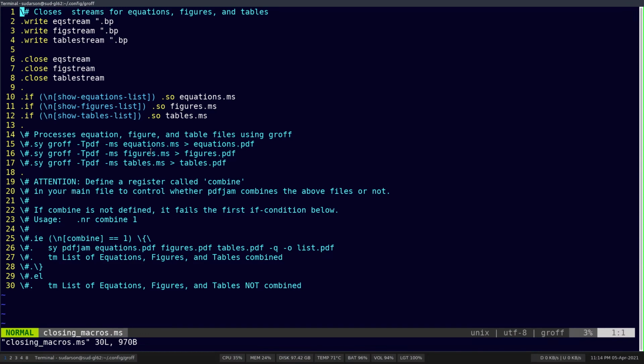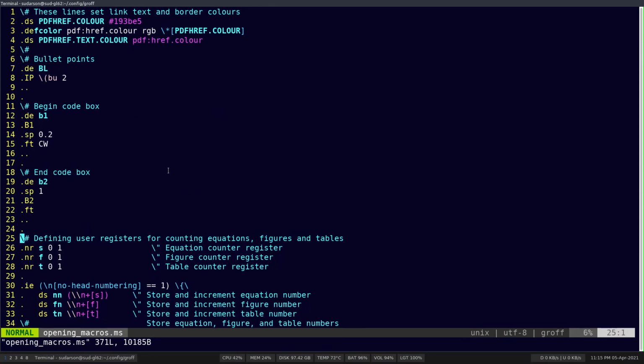And that's it. So these two macro files contain pretty much all of my custom macros, which help me make my document look good and make it functional as well. I'll of course have this in my GitHub so you can take a look at it. I think I've added a comment on most of the things that I've done. You should just note that